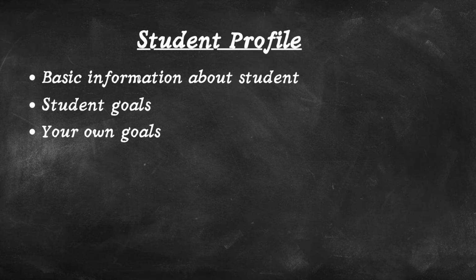So when you first start teaching your student, you're going to notice things that you see that the student needs to improve on. So you can add what you would like your students to achieve as well. Now you can have the course outline. Now, the course outline, which I spoke about in the previous video, will be included in the student profile, and it's just a neat way of putting everything together so you can go back to it.